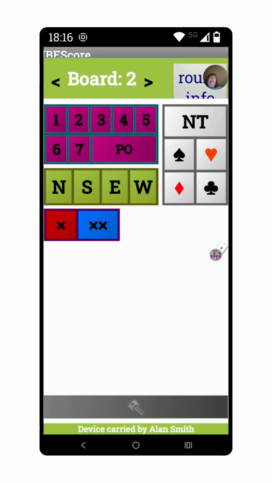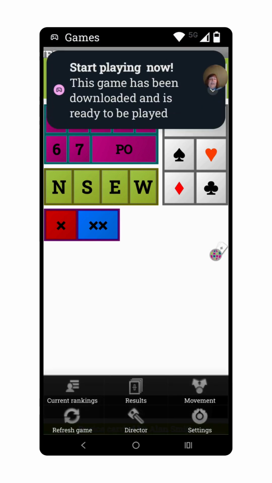So the layout is slightly different on an Apple device, but the principle is the same. At any point, you can see this little icon, and if you click on this little icon down the bottom,